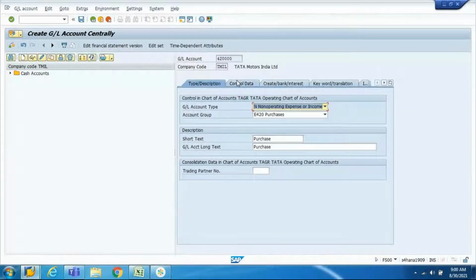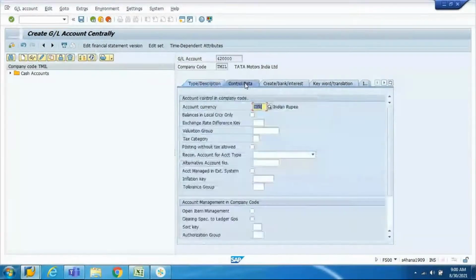what is the GL account type? Is this a cost element or not a cost element? Which one did we pick here? Non-cost element. This is a non-cost element and the changes will reflect in your control data tab.